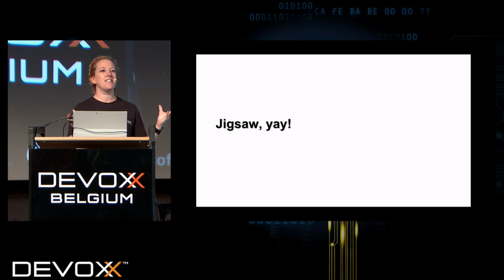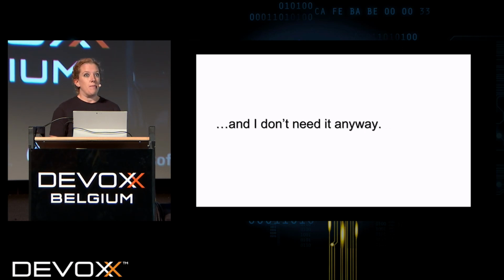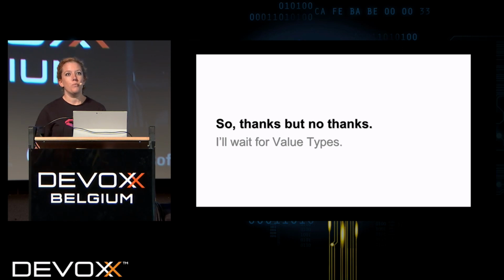Jigsaw is brilliant because it's going to bring modularization to our code. But the problem with things like Jigsaw is that along the way, as the code base is separated, certain things become deprecated or not accessible, and people are worried that not only will their code break, but also the libraries that they use might break, and things like the IDEs might break if they start using Java 9. And I don't really care about Jigsaw anyway, so I might just wait until value types turn up. Not that I've ever heard that argument.